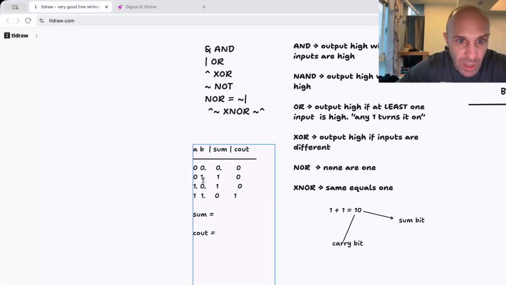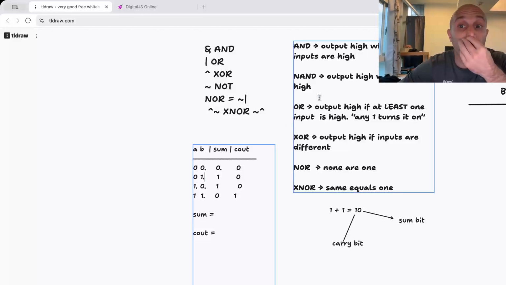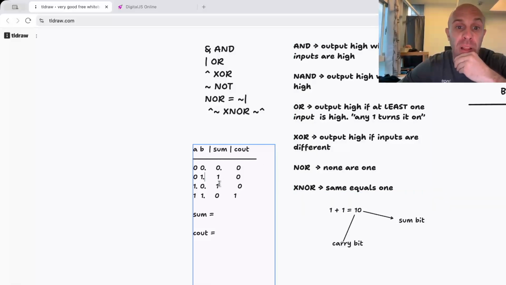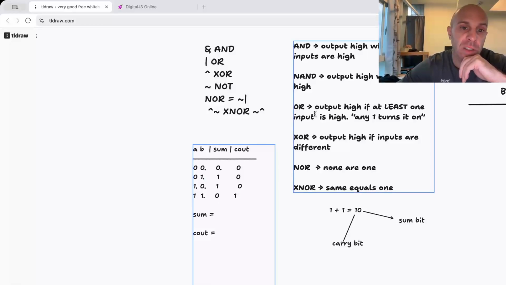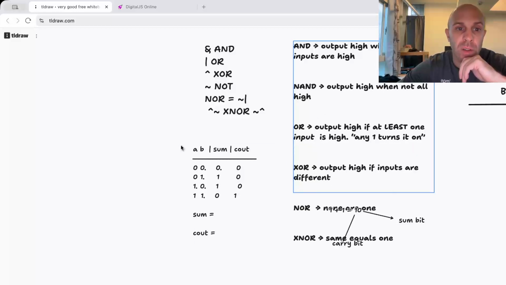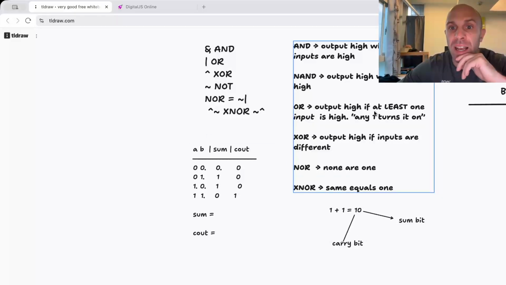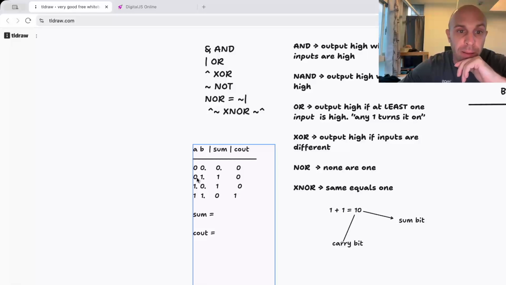One is high, one is low. So what rule applies there? Outputs high if inputs are different. Yes, that applies. Outputs high if the inputs are different. These inputs are the same, the output's low, so that applies there too. But let's also look at outputs high if at least one input is high, because that rule applies, correct? Right? Yes. But